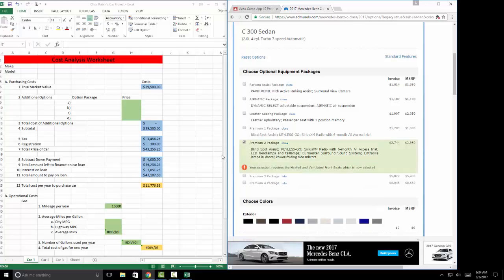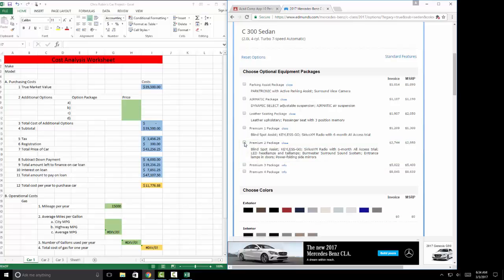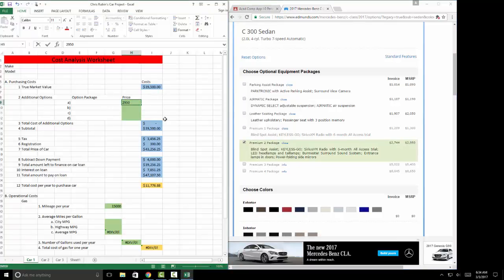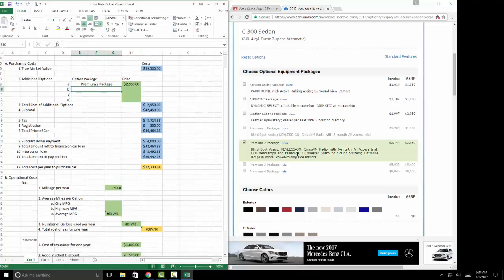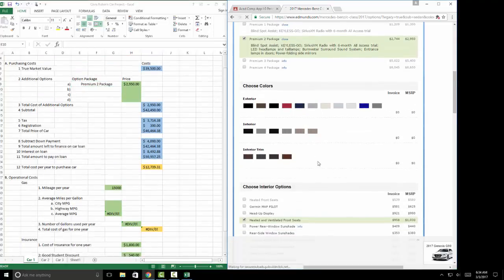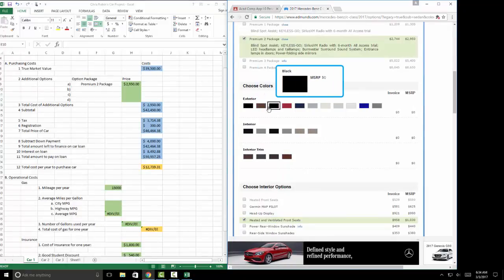So I'm just going to go ahead and include that, which is $29.50. So I'm going to add $29.50 here, and the option package is premium 2 package. Then I'm going to scroll down. Here's my color options. So for my color, you can see that if I choose black